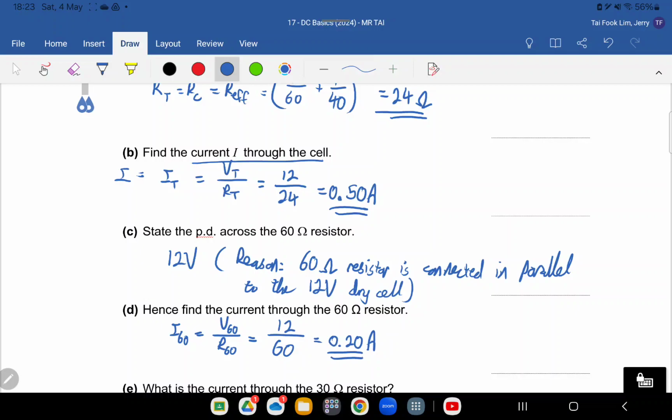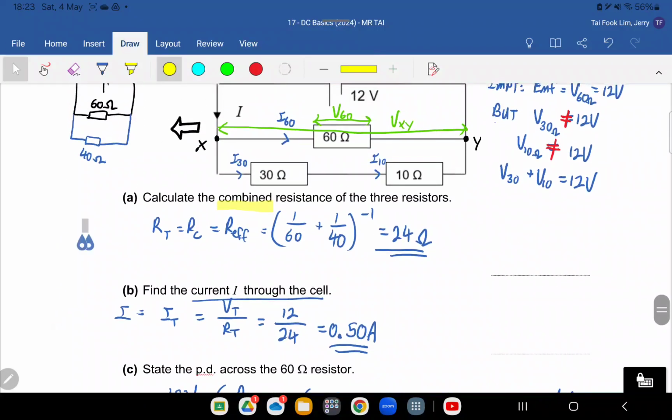Find the current through the 30 ohm resistor. 30 ohm resistor over here. So let's take a look. Current through the 30 ohm resistor, alright, is... now you see you don't have the voltage. I don't know what is the voltage or the potential difference across the 30 ohm resistor, so I cannot use the formula. But I know something. I know that